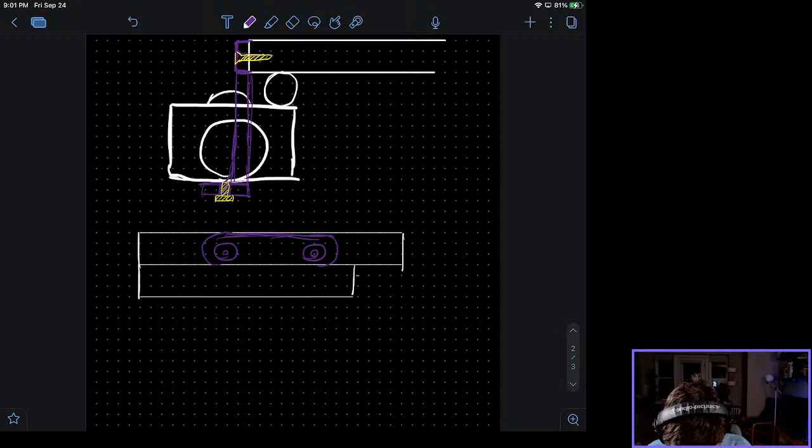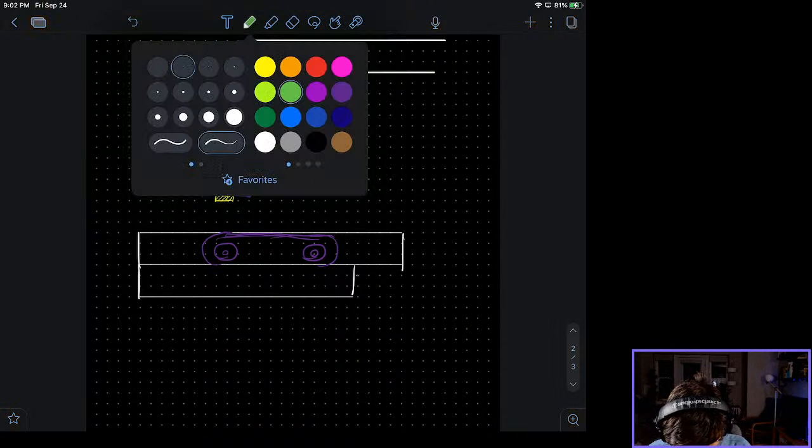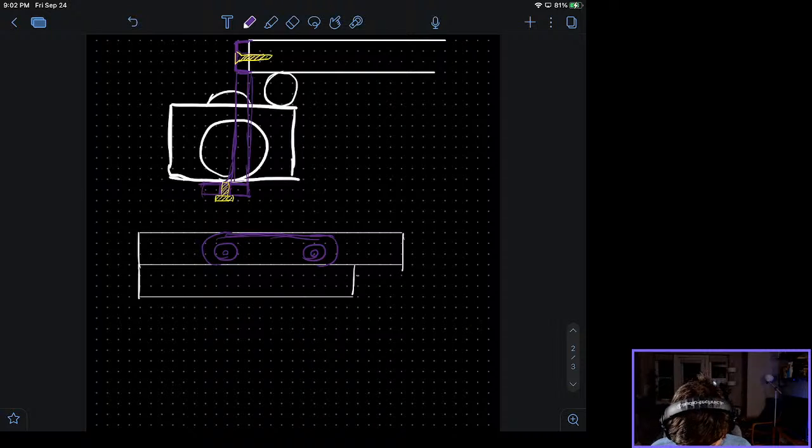Okay, and I'm planning on printing it so that it prints on this side. So that'll be flat on the print bed. If I do that, I'm thinking I should probably do something like this. Give it a little bit of taper.